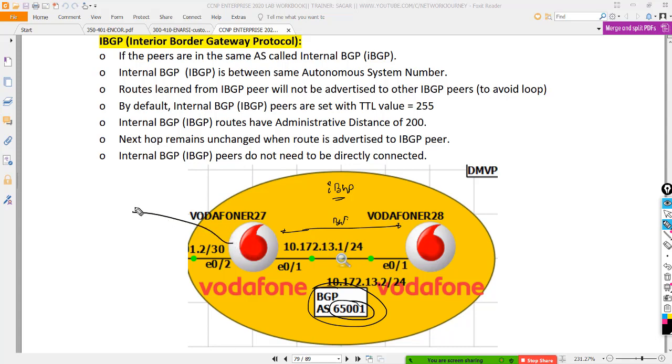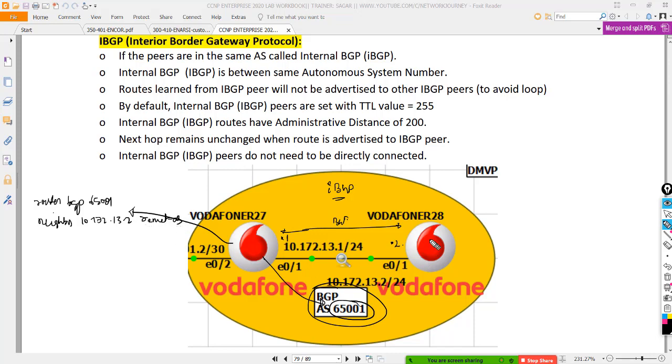So let's see what my configuration is going to look like. I'm going to configure router BGP. What is my local autonomous system going to be? 65001. What would my neighbor command be? Let's say this is dot 2 and this is dot 1, so it would be 10.172.13.2, and I'm going to define the remote AS.